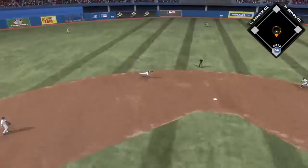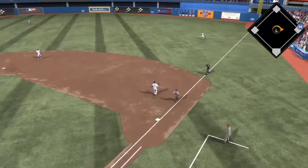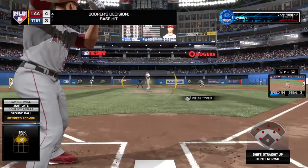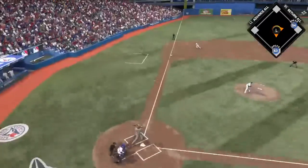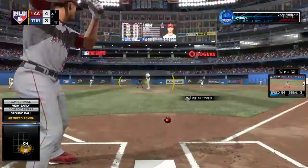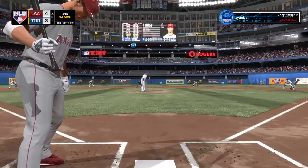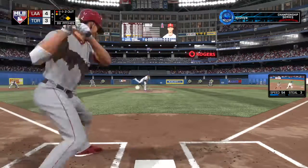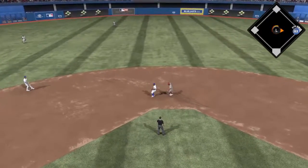A dive, and he knocks it down. And the recovery will not be in time at first, and the inning will continue following the infield single. Number 2. Trying to pick things up where he left off, Andrelton Simmons. He'll try to follow up the double in his last at-bat with another big hit right here. And he misses with it, 1-1. A 1-1 count. Here's the pitch. Left side. Played on the backhand. The tag, and they'll get him at second. And with that,